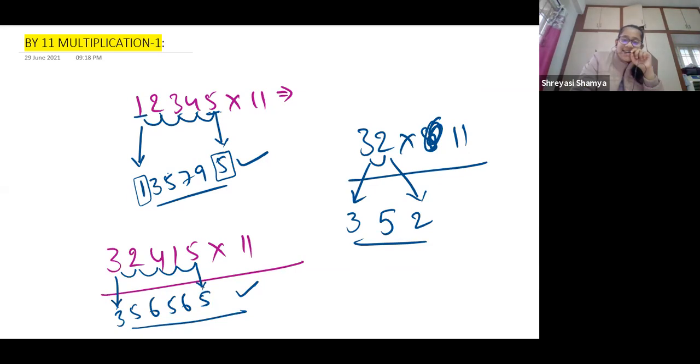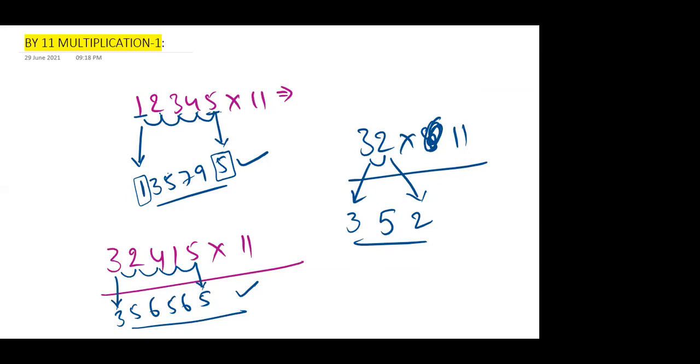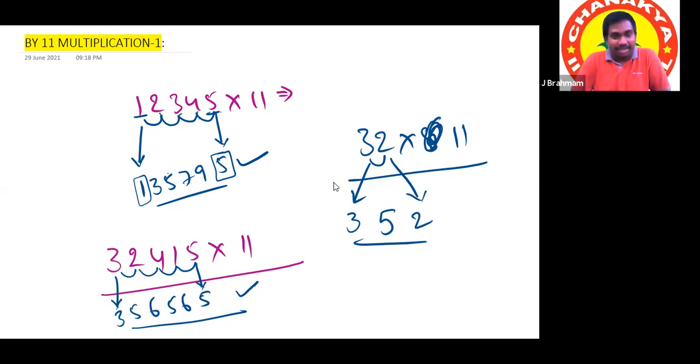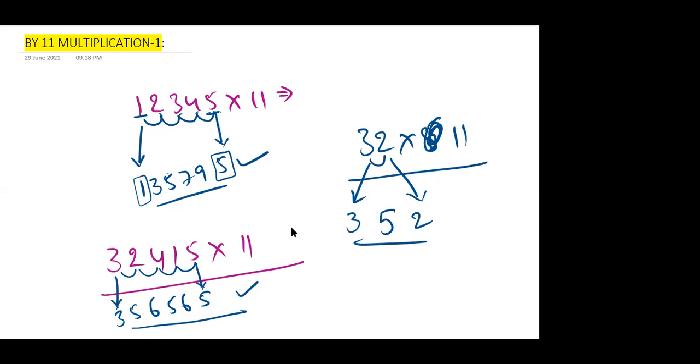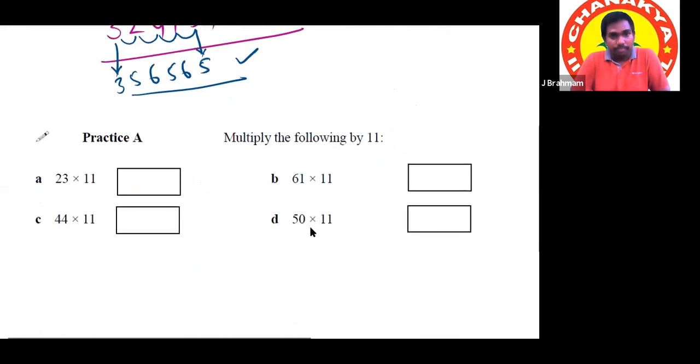All of you, clear? Yes, sir. It's easy, sir. Like some trick. Yeah. We'll do one exercise. Sir, what if there is a double digit sum? I got your doubt. What if the sum is double digit, what to do? Yeah, after doing one exercise, we'll tell that point. I'll tell that point. Okay.